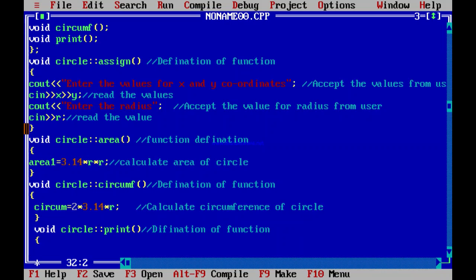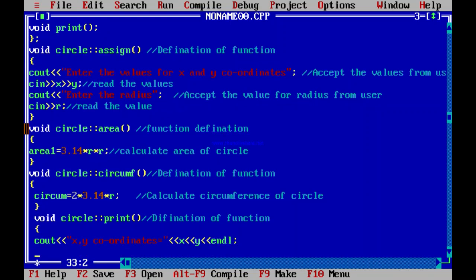So first cout, in that we are going to display x, comma, y coordinates. So whatever the coordinates entered by the user, that we are going to display over here. So it is stored in x and stored in y, and endl, that is the end and new line. So first we are going to display the coordinates.